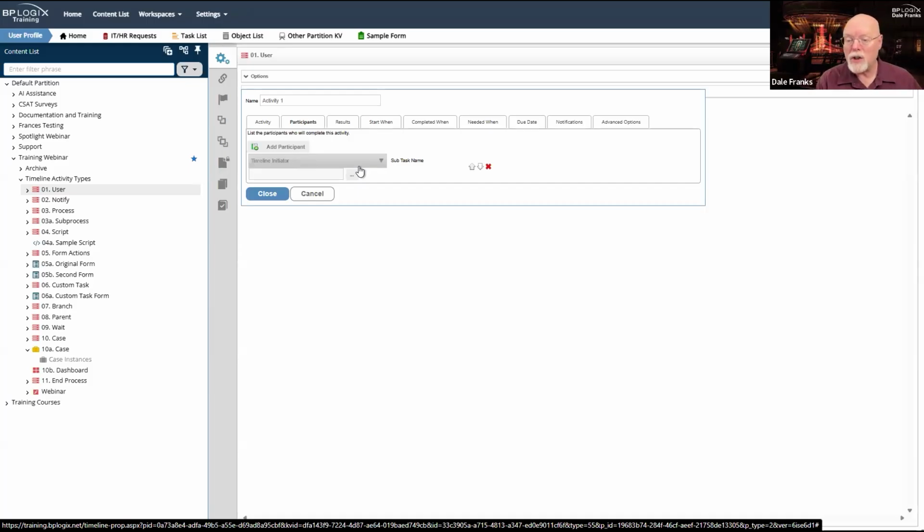So the timeline initiator is very reliable if I know that the timeline is invoked by a form submission, because I always know the form submitter is the timeline initiator. If that timeline is started by a goal, all right, well, that's really the system starting the process timeline. And so the timeline initiator in that case is most likely the goal creator who created the goal.